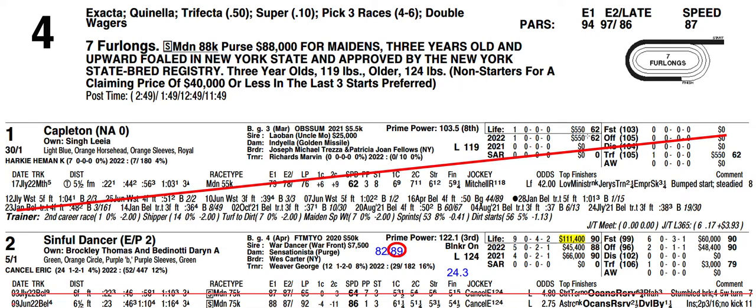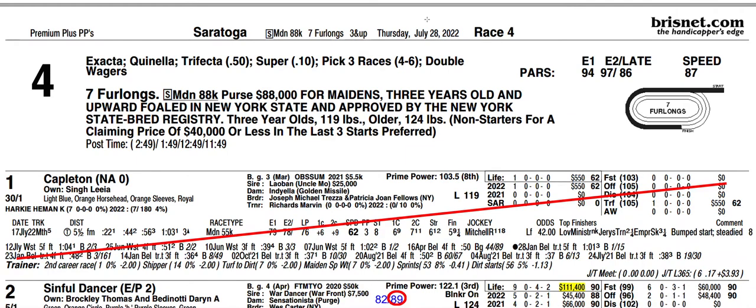And tonight's focus race is going to be for Thursday the 28th at Saratoga. Okay, and it's going to be the fourth race. Now, I don't normally pick a maiden race. If I was going to do an ideal race to do a video on, but I am putting together a ticket for the pick 5 sequence on this card. So this is one of the races I have to look at, and despite the fact it is a maiden special weight,